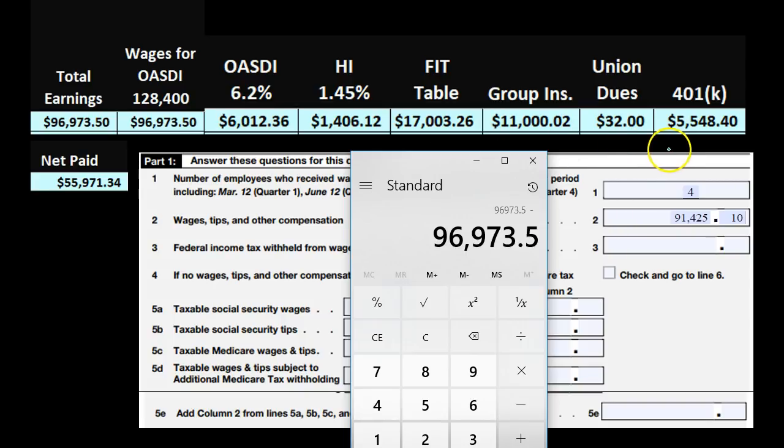The 401k is not something that will be taxable as wages for adjusted gross income, as well as if we're participating in a group insurance type plan. Now, in this case, if this was a cafeteria plan, we would be reducing it, but in this case, we're saying that this is not a cafeteria plan, and therefore will not be reduced from the total earnings to get to the FIT earnings. So we're just going to subtract, for this example, the 5548.4, giving us that